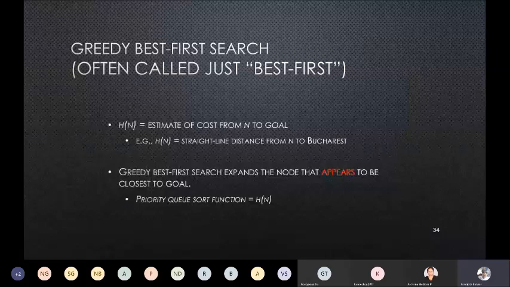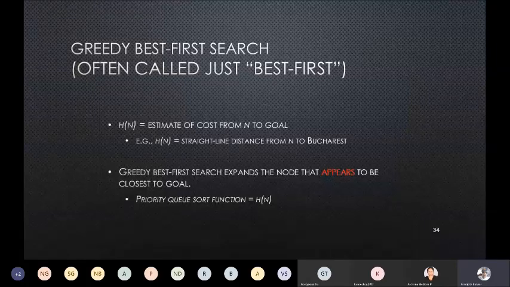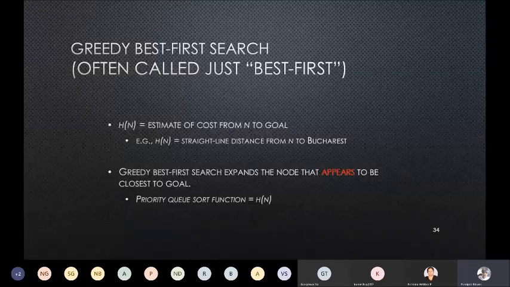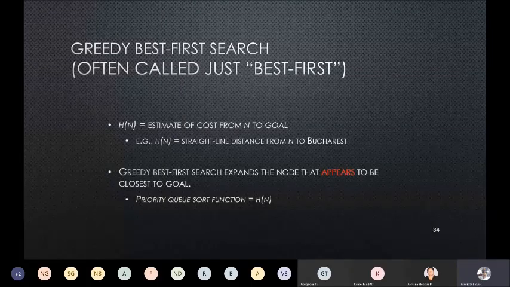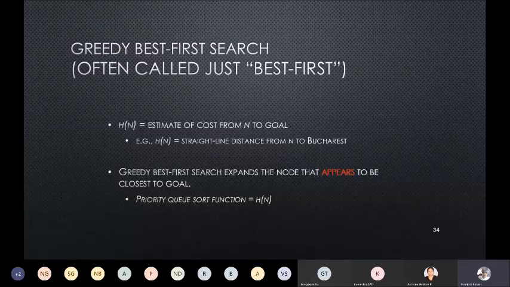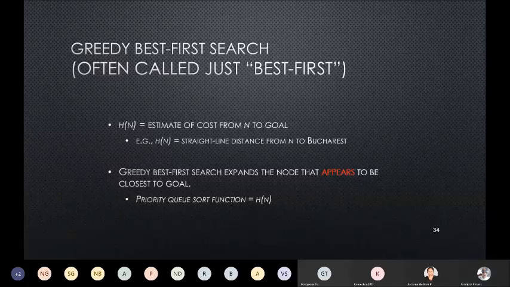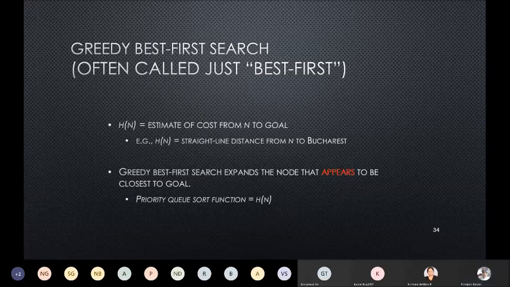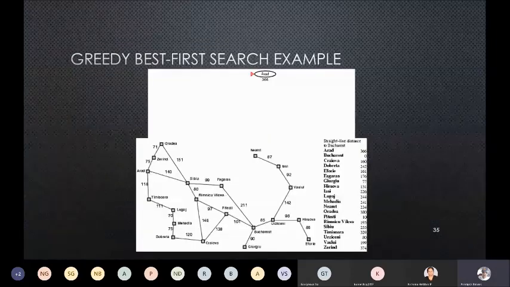So we will use a heuristic, or estimation of cost from n to goal. So what is n here? n is a variable. By this, we will define which city we are presently in. So at the beginning, n will be Arad. Then as I go through the cities, we will change the value of n to the cities. And we will decide based on this heuristic function which city I should go to next. Right. So here we start.